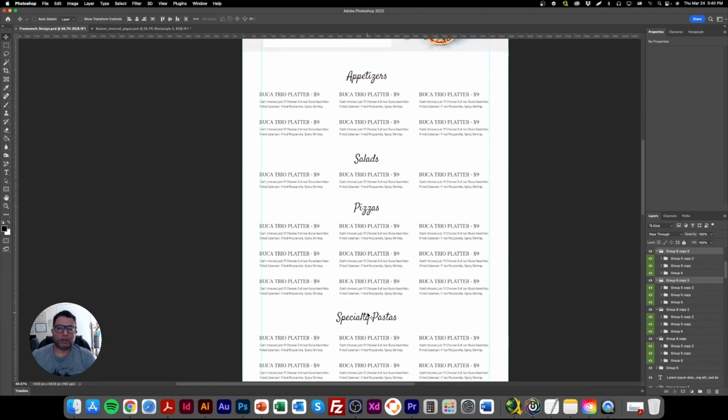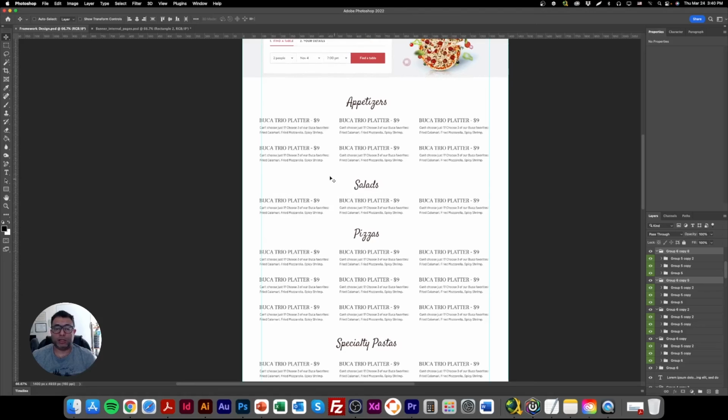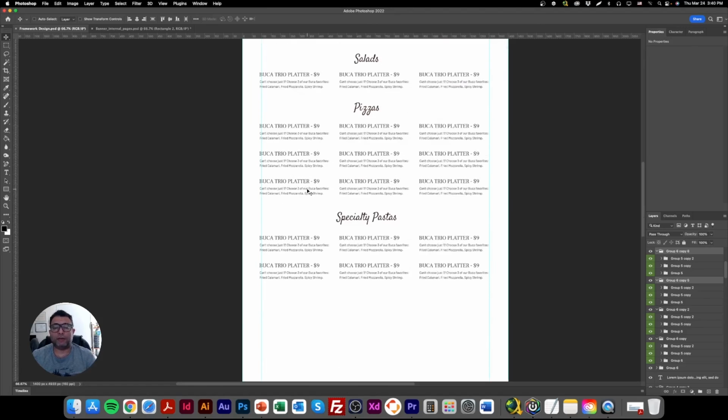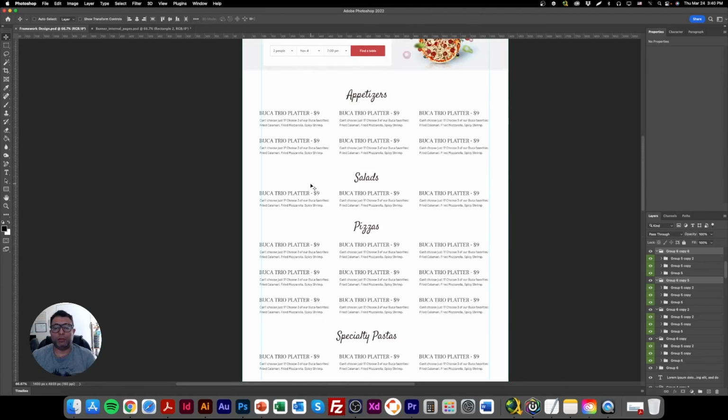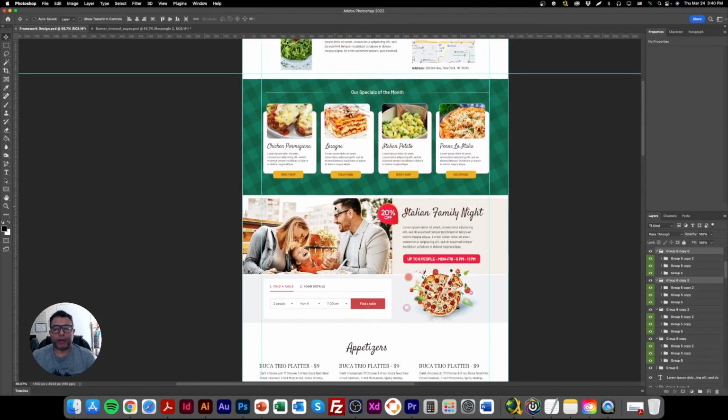All right, so now we have our menu. It's a simple way to present the menu, but this is how people love it. They just want to see the name of the plate, the price, how much it costs, and that's it. So you can have a better idea of how much investment they're gonna bring up to the restaurant. Okay. All right. So now we have our final